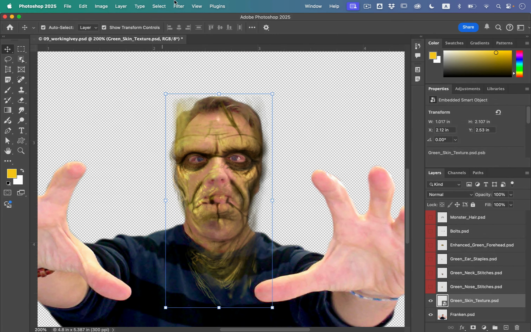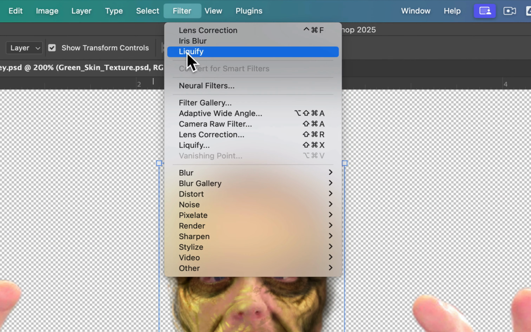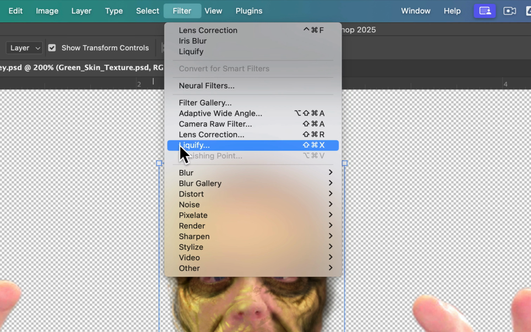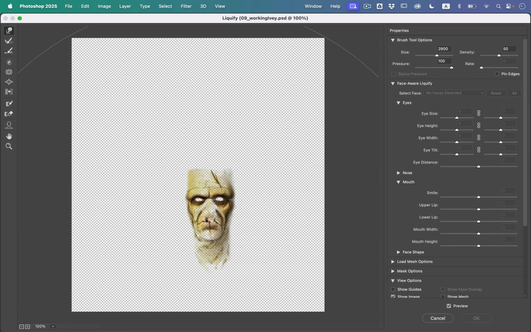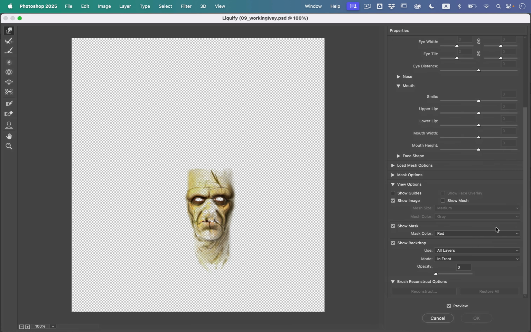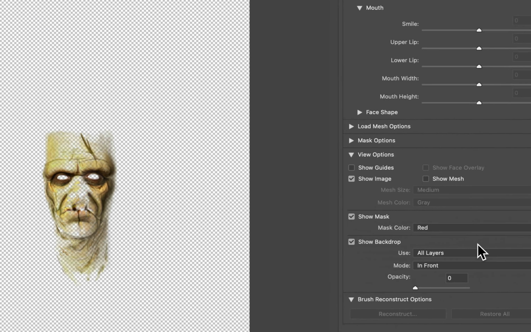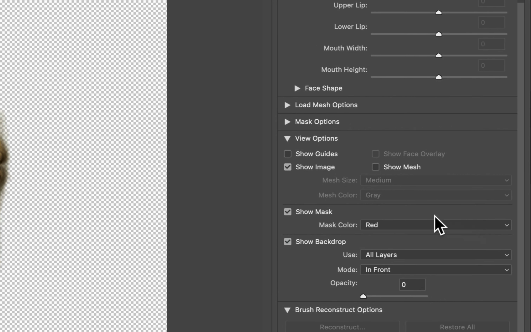Then we can go up to our filters and let's add a liquify filter. If you have it already selected here, that's okay, but you can also choose this one to open up the regular liquify filter settings. Notice by default it's only showing the one layer that we're working on. If you go over to the options on the side and scroll to the very bottom, we want to be able to show this on all of the layers. So if you don't have it selected, we can tell it to